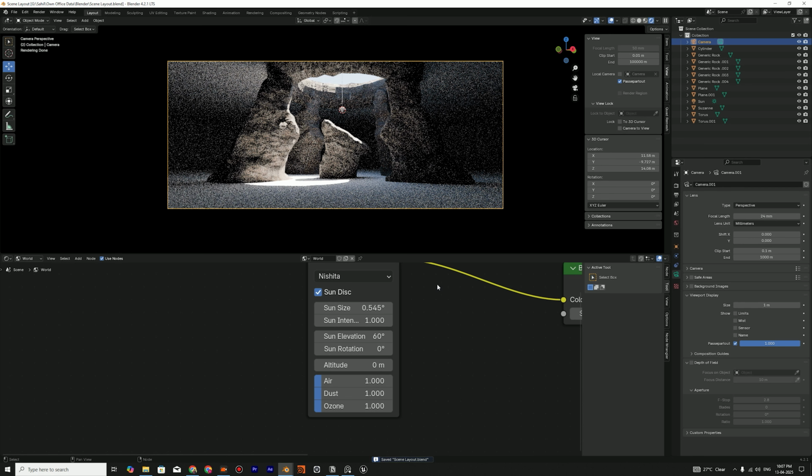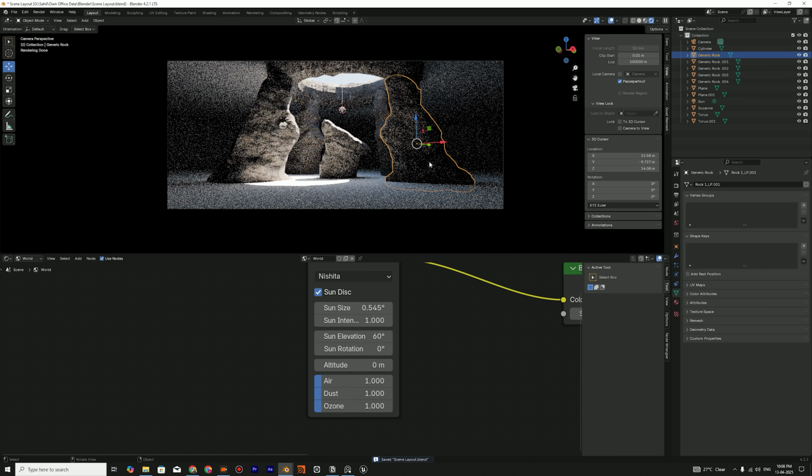So you see, this is how you can create a scene by preparing a scene layout and then merging it with real-world objects like rocks and whatever your 3D scenes need. So this is the scene,